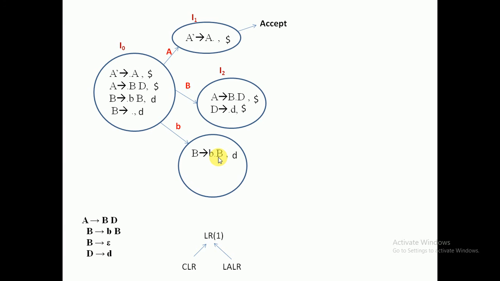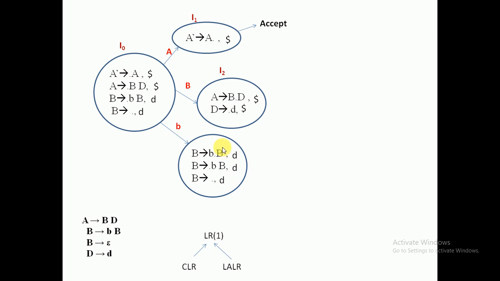It is a non-terminal, so we need to write the closures of that non-terminal. How many productions is it deriving? Two productions are deriving. Okay, two productions you have to write. And what is the lookahead of this capital B? Is there any symbol after this B? No symbols are available, so the previously created lookahead becomes the lookahead of that closure also. So simply you have to write D and D.